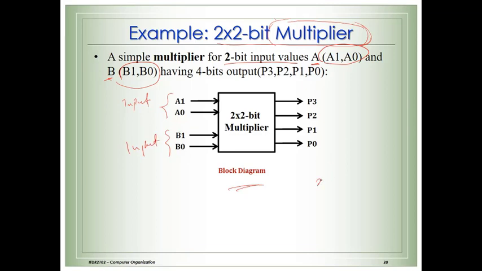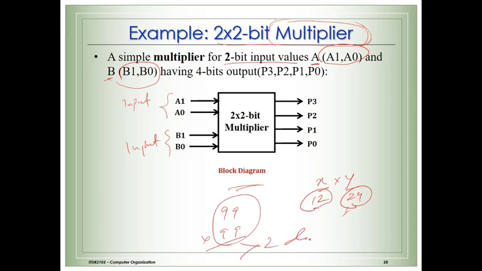Like in mathematics you say x multiplied by y, right? It may be 12 and it may be 24. How many digits are there? 2. And how many digits are there? 2, correct? So for example 99 and 99, if you go and multiply, how many digits will you get? The result, of course, is going to be more than 2 digits, right? So 3 or 4 digits you will get, correct?